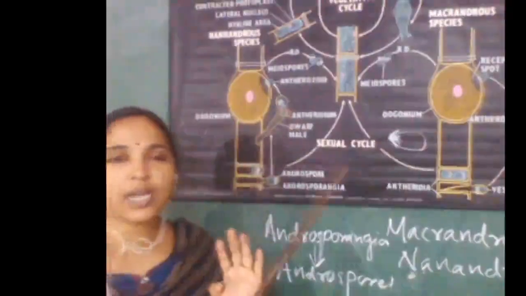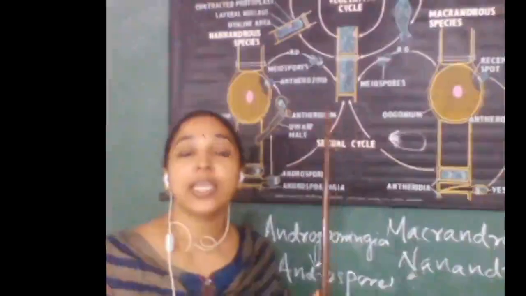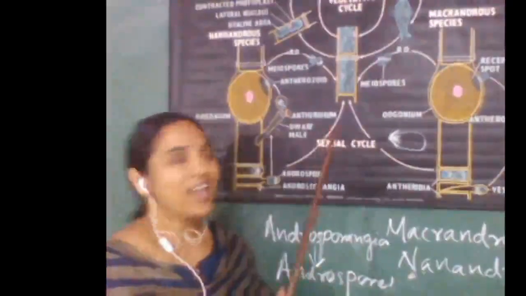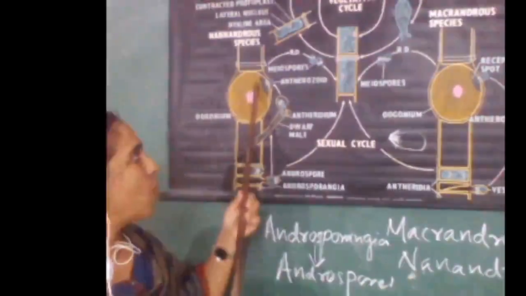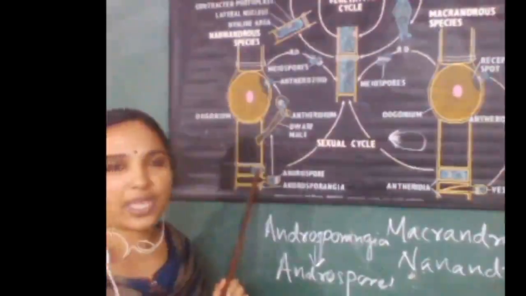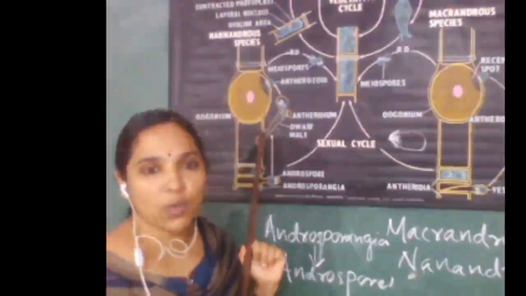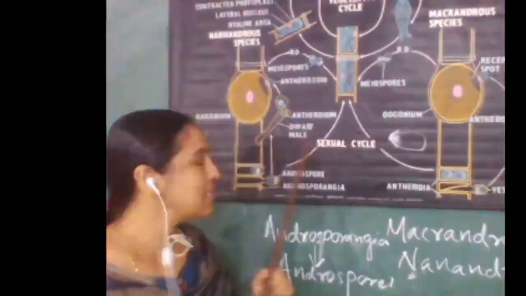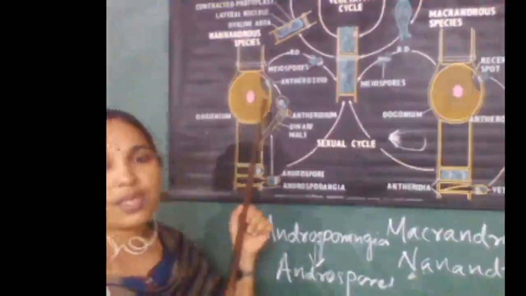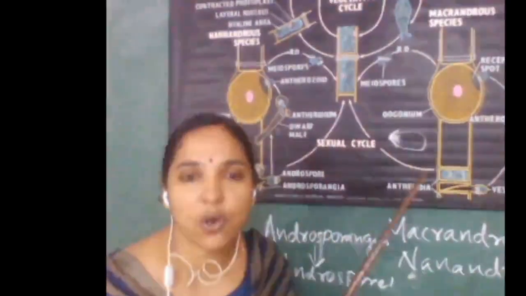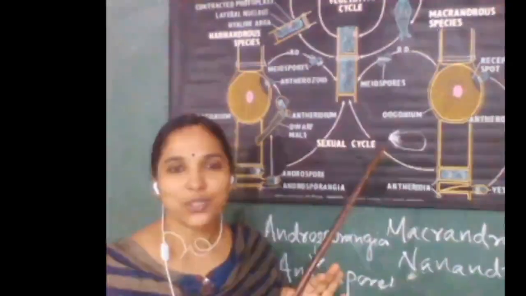Clear? Now there are two cases. One is Gynandrosporous and another one is Idioandrosporous. What is that? Gynandrosporous means androspores and oogonia are in the same filament. That is Gynandrosporous. Idioandrosporous means androspores are in a separate filament and oogonia in another filament. So there is a difference between Gynandrosporous and Idioandrosporous. Clear? I hope you understood well.